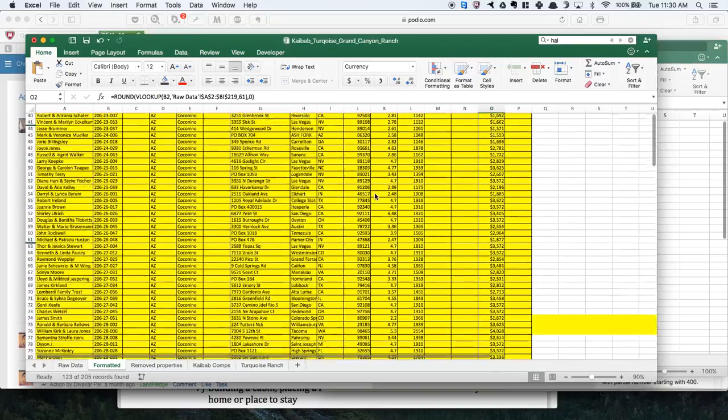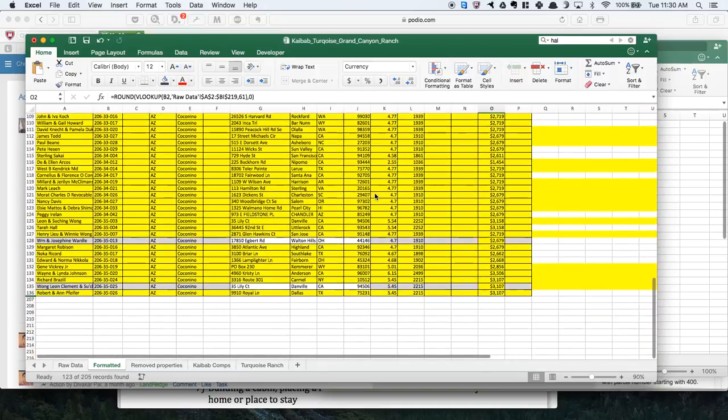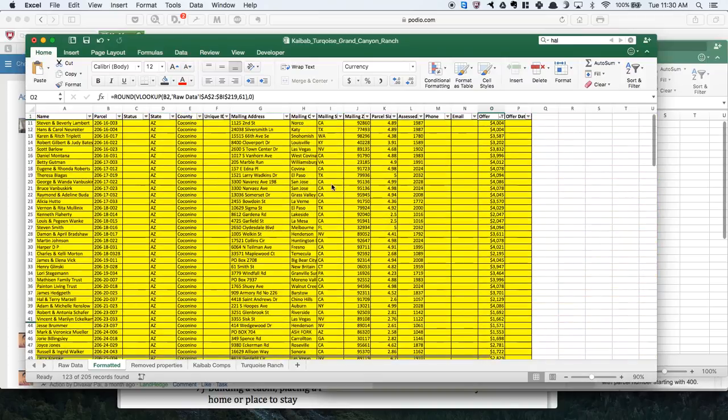Now I would assume that there will be quite a few that aren't highlighted in yellow, and those are the ones that you've developed offers for but we haven't mailed yet. I don't highlight them in yellow until I've mailed them, or until I've created one of these spreadsheets for it. So once I've put them over into a spreadsheet for upload into Podio, then I highlight it yellow to make sure I don't use the same data twice. But since I don't have that data in here, just for the sake of showing you how to do it,